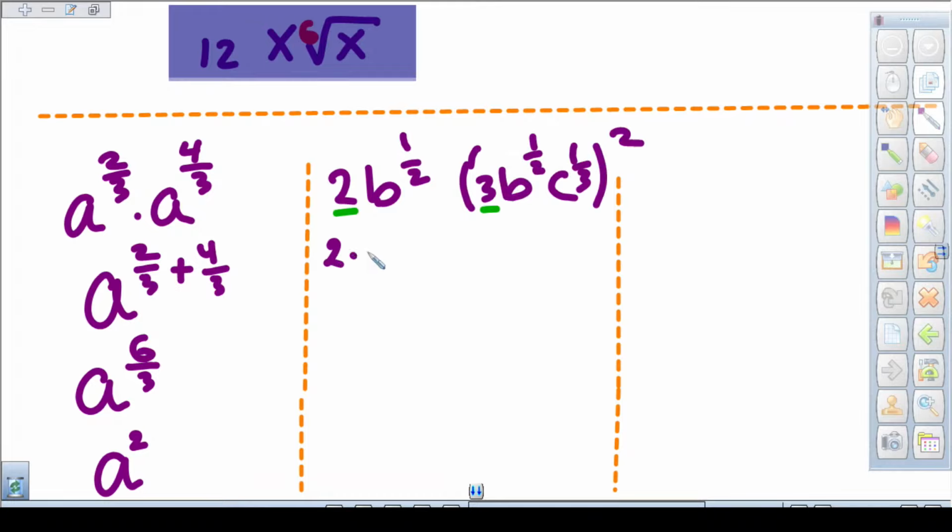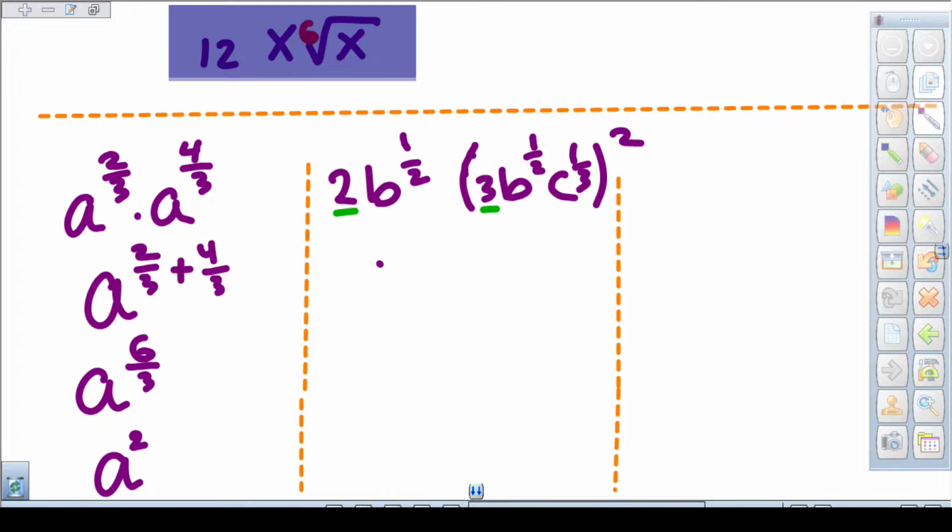So 2 times 3, then I'm going to say b to the 1/2. But before I do 2 times 3, I really have to be aware, because I just made a boo-boo right now. What's that boo-boo? It was me not counting the second power,